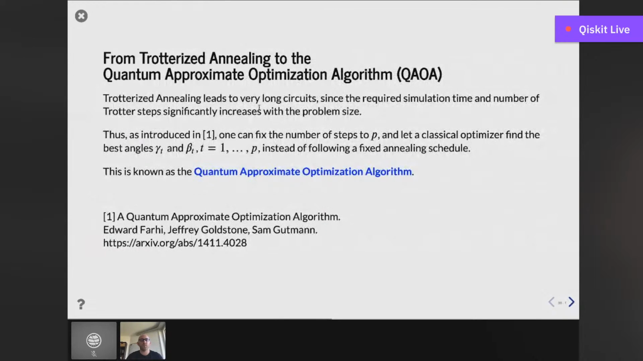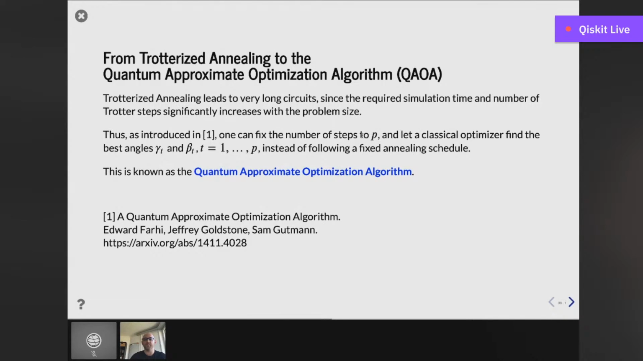So we started with trotterized annealing, but in the end, as mentioned at the beginning, we want to look into QAOA. Now, how are the two related? Actually, it's very closely related, because the problem with trotterized annealing is that it leads to very long circuits if the problem size increases, because you have to do a large number of steps with increasing problem size. So the idea of QAOA is to